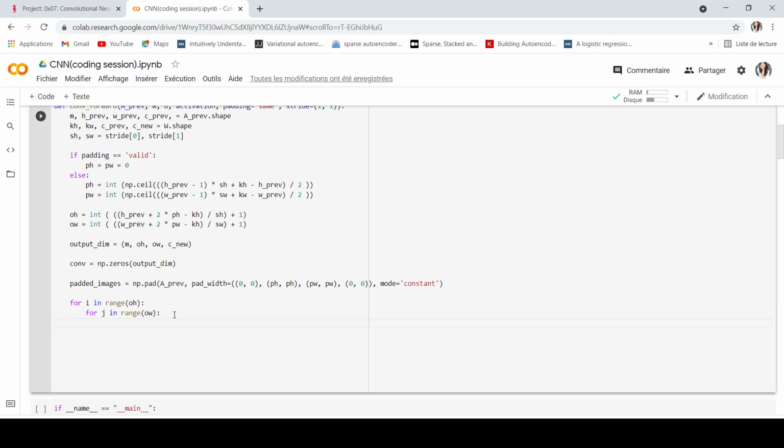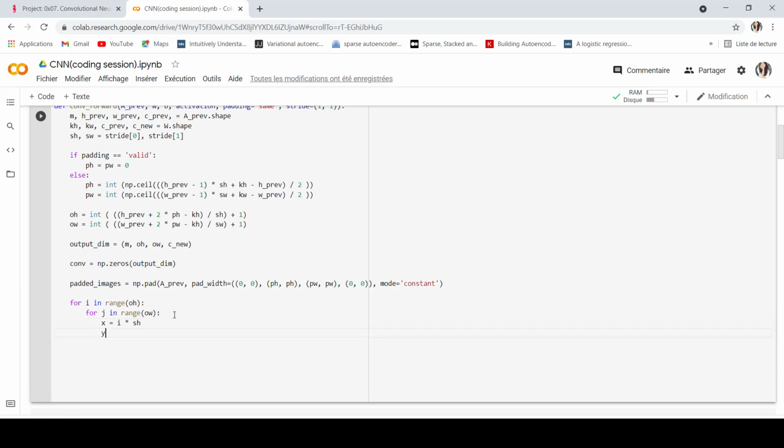Now let's define my steps. So here we have the slice. We have to put x equals i times sh, and y is going to be j times sw. So these are the steps that I'm going to move with.